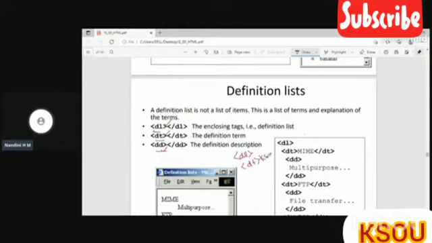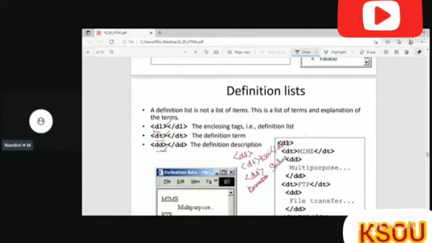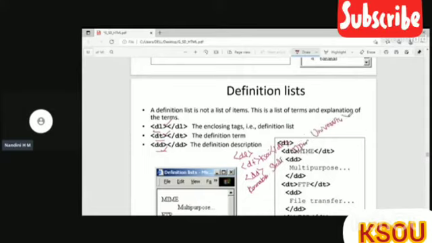For example, I'll write KSOU here, and then I'll close DT. And then how do you describe or expand this one? I'll write here, Karnataka State Open University. Okay, and I'll close this DD.